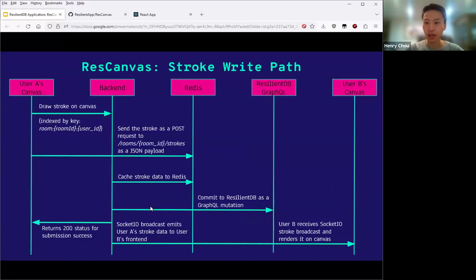and then we return the data from there. And then for the write path, user A draws a stroke on the canvas, and it is indexed by the room and the user ID. And this is sent as a POST request to this endpoint right here as a JSON payload. And then this JSON payload is cached to Redis, and sent to ResilientDB, as well as MongoDB. But here we show ResilientDB only because here we have a GraphQL mutation that I want to illustrate more in a different